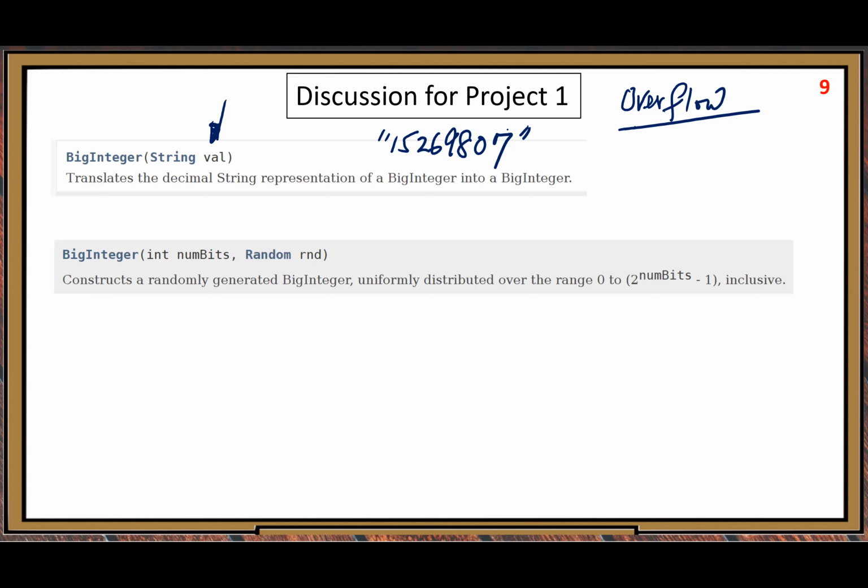Right, bits. Bits is okay because 2 to that. Bits is fine, equivalent to digits. So the range